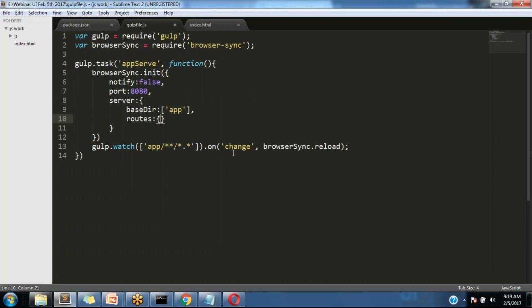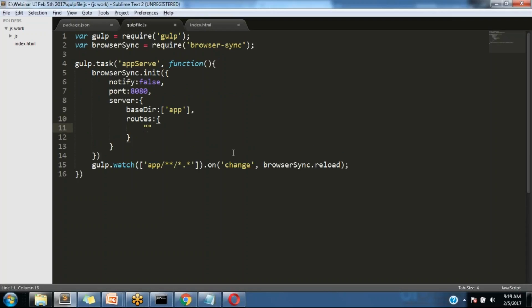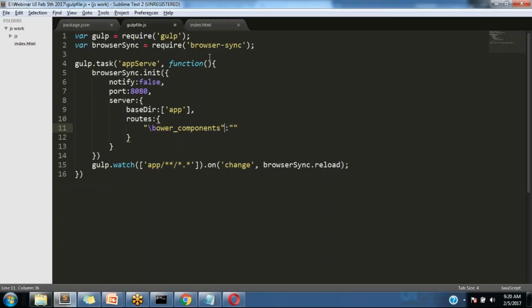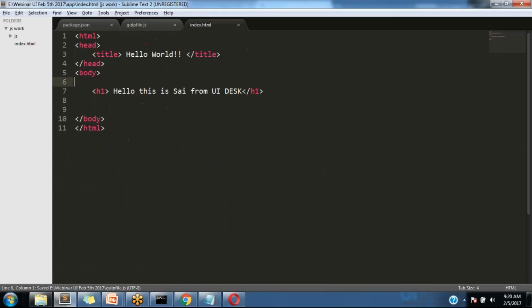Okay. And here I'm just taking slash bower_components colon bower_components. Yes, this is like this. I'm just creating a route here. I'll tell you why I created this. Now in the index.html, first of all, I want to load my